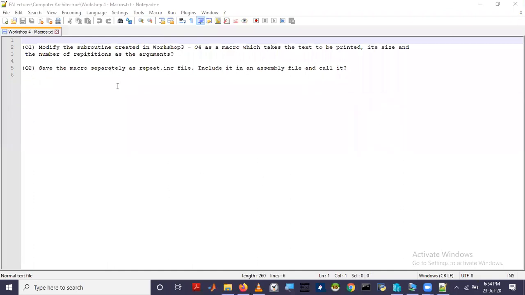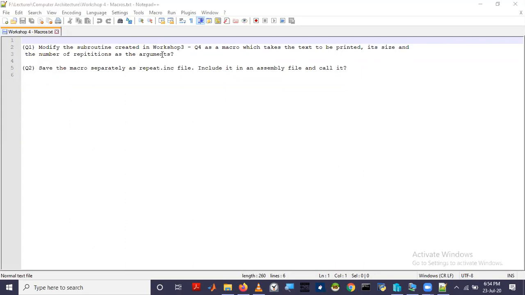So in here, we are asked to modify the subroutine created in workshop 3 Q4, that means the last workshop, as a macro which takes the text to be printed, its size and number of repetitions as the argument. So in the previous example, we only defined what is the text to be printed. It is hello. Hello, print 10 times.